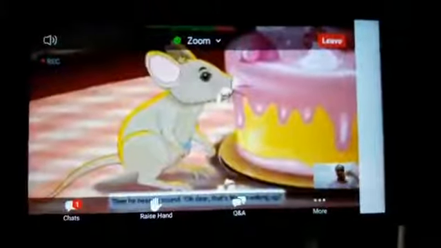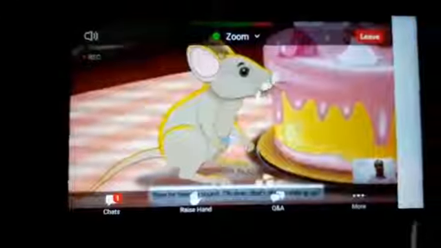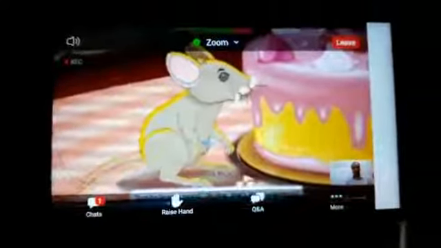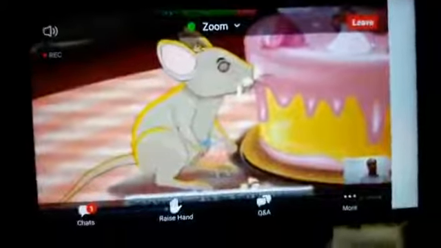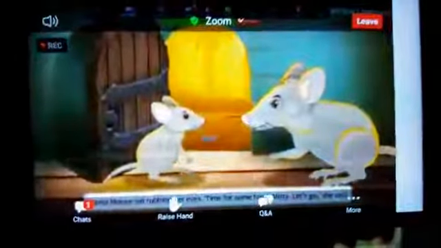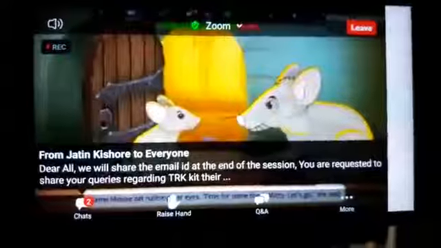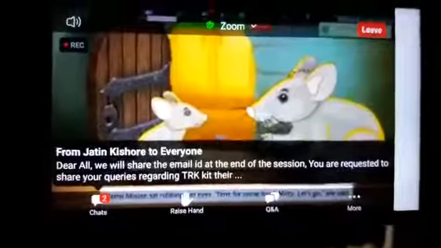Then he heard a sound. "Oh dear, that's Mama waking up." Off he ran and was back in the hole again. Mama Mouse sat rubbing her eyes. "Time for some food, Mitty. Let's go," she said. So Mitty and Mama scampered into the kitchen.